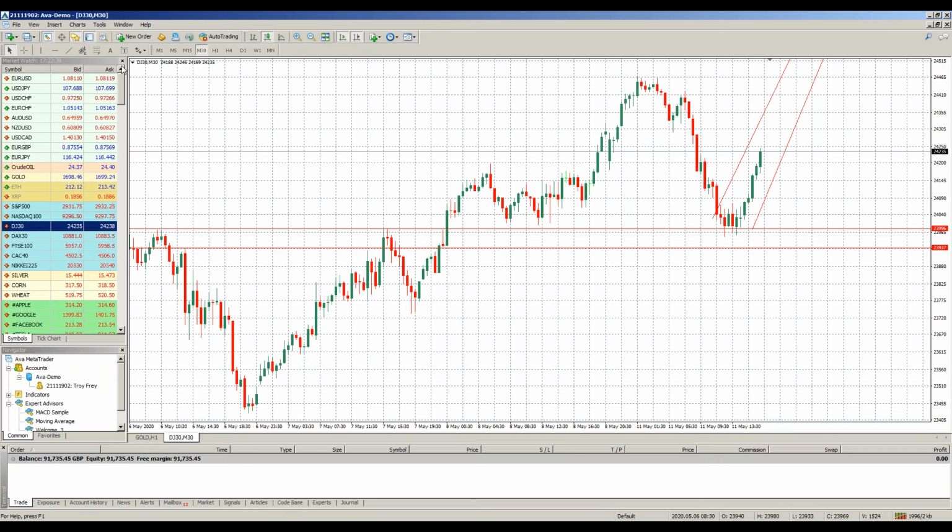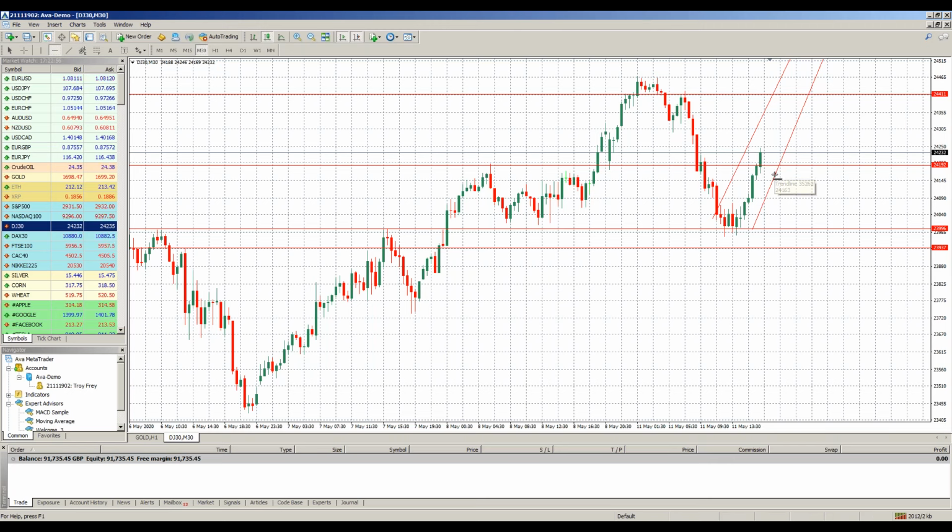And it looks like it just broke another resistance level here. There was another resistance and it just broke above that. So if you're going to ride this momentum up, the next resistance level is here, and the first support level is here. If you're going to put your stop loss below that first support level, that's this broken resistance level right here, which should become support. You could put a stop loss below here and see if this momentum rides to the next resistance level.